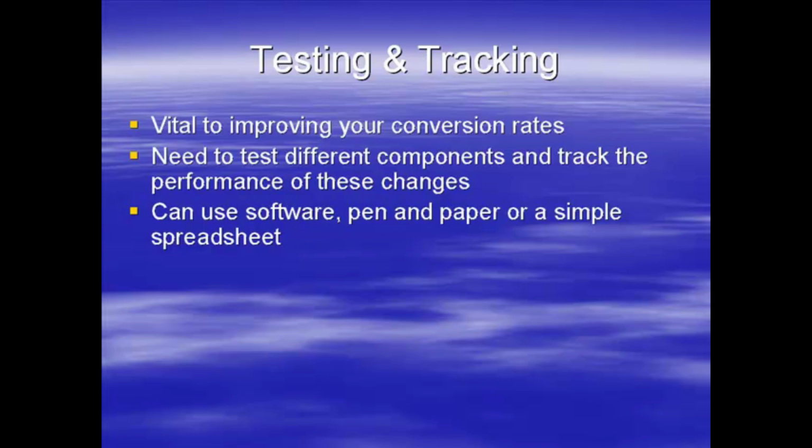Method A is some software. Now, these are typically used for sales letter conversions like multivariate and split testing, but you could probably use some of this software to test other conversion rates as well, possibly CPA or affiliates. I'm not entirely sure, you'd have to look at it, but I'm sure there's software out there that does that.